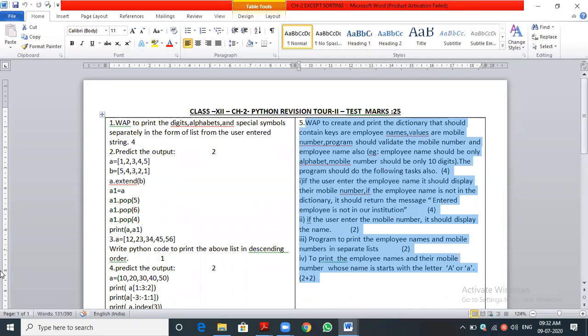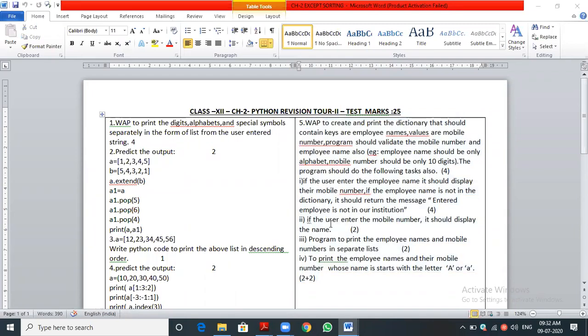What's the mobile number? It's the key's value. So D of, for example, Rajesh is your name. D of Rajesh. If you print it, what will get printed? The value stored in the key Rajesh will be printed. What might the value be? Mobile number only. Have you understood what I'm saying? Yes, sir. Okay. So likewise it should print.